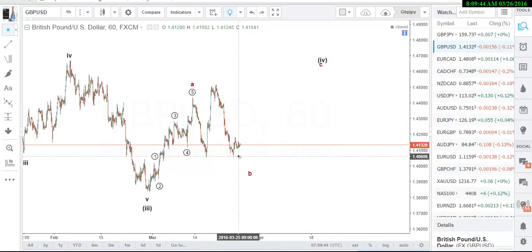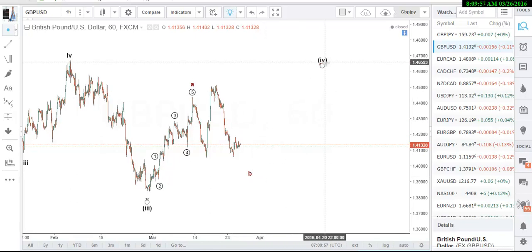So that means the GU can dip further when the market opens next week, and then in the coming weeks we could see GU moving up to complete the last leg of the correction